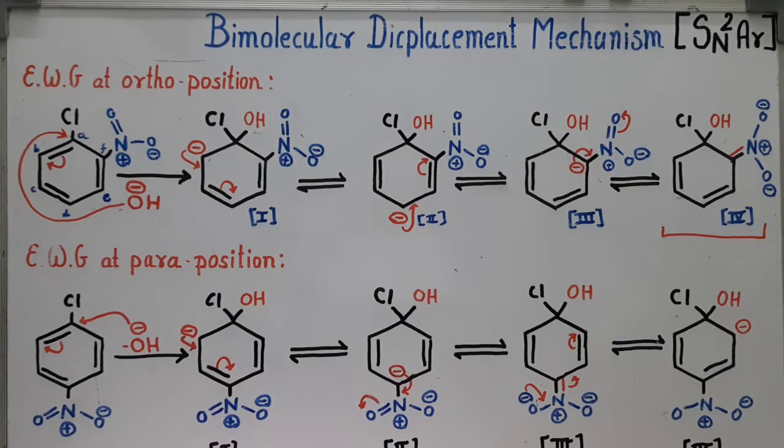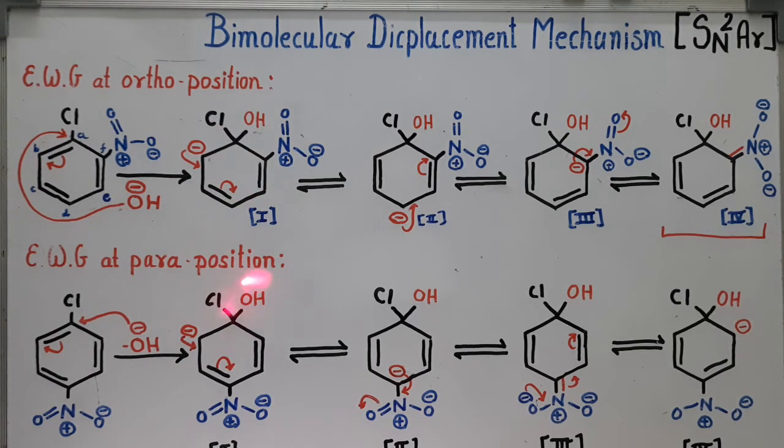This fact can be explained by the resonance effect in ortho and para nitrochlorobenzene. I have labeled the carbons with alphabets for explanation. Here we can see that an electron withdrawing group is attached on the aryl ring, so it will try to pull the electron density of the ring, and our carbon A will become more polar compared to the alpha carbon of unsubstituted chlorobenzene. So as we have seen earlier, OH- will be attached on carbon A and a carbanion will be generated on carbon B to form the Meisenheimer complex.